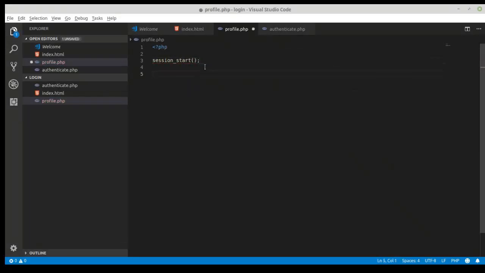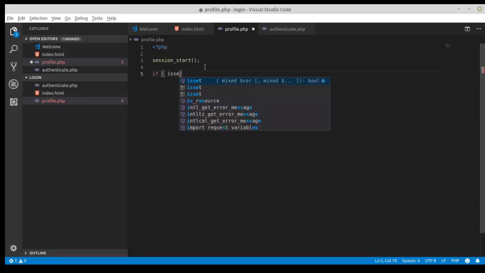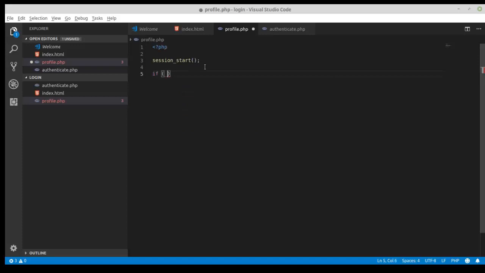After that, what we need to do is if isset, or you can say if empty, $_SESSION, that is our user_info,